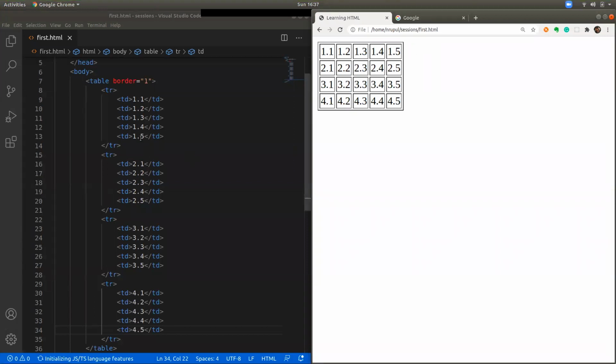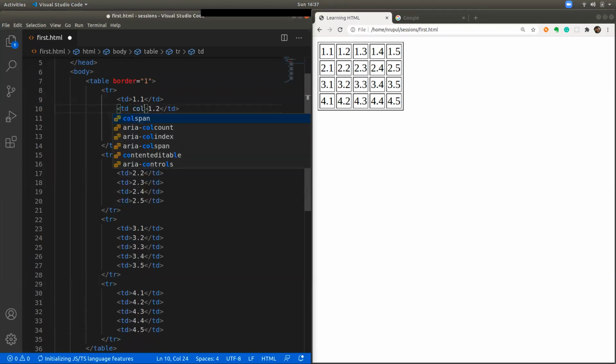Now let us look at this table. I created a table with 4 rows and 5 columns, and then in each cell I put the content as 1.1, 1.2 based on the row number and the column number. Now let's say you want to make a bigger cell joining 2 columns. In those scenarios, you use something called col span.